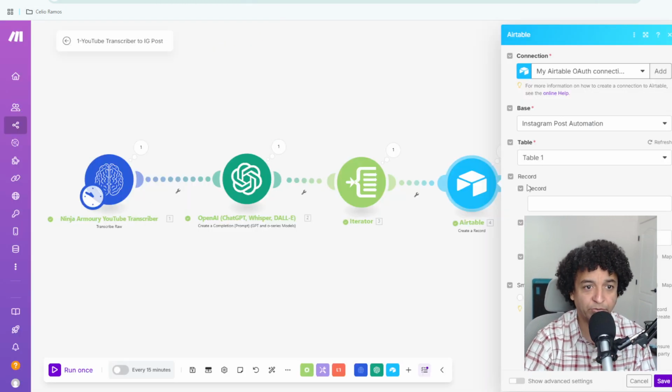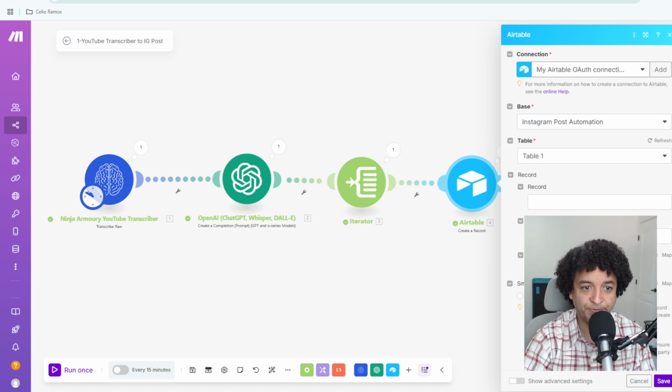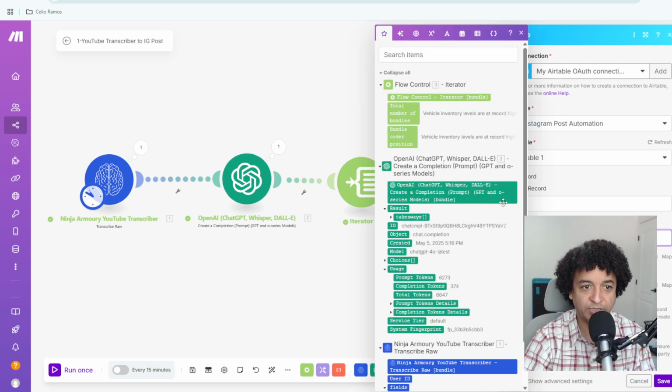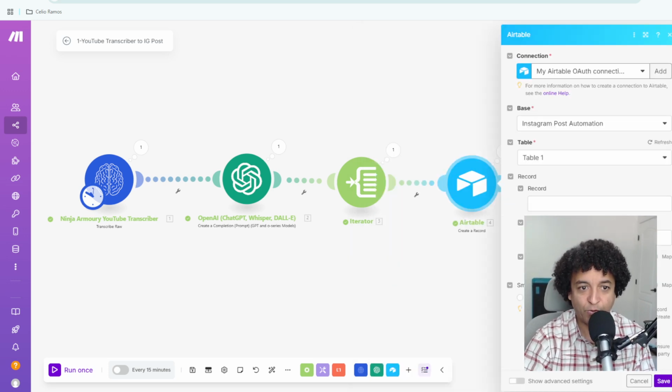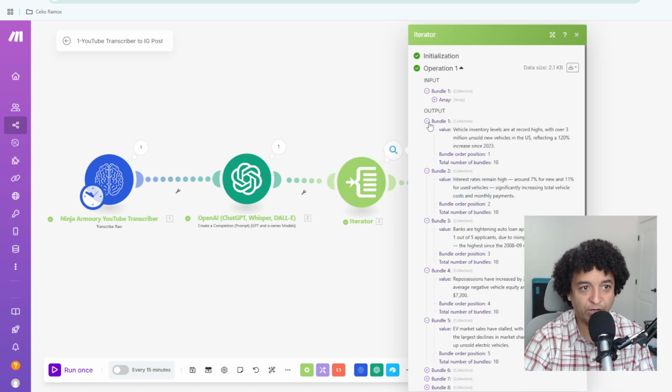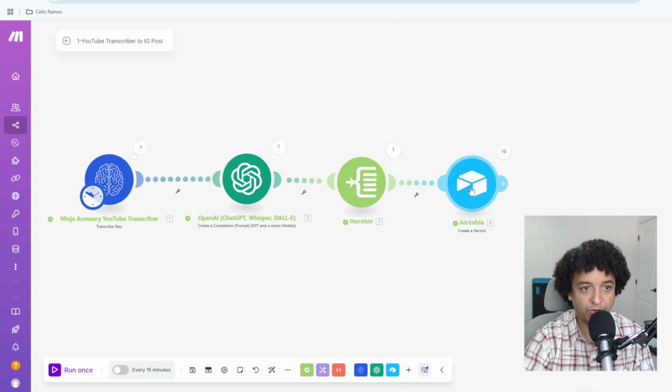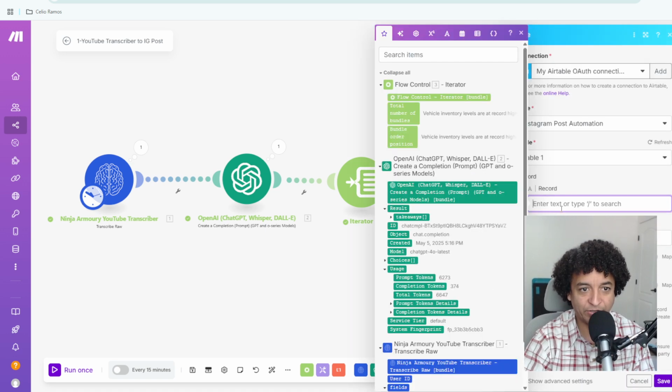You go back to the automation, you have the record, you have takeaway, you have published, right? So what we want to do is pull the information for takeaway. And the funny thing, you're going to see that this value here is black. And why is it showing as black like this? Because in the iterator, if you go here and you look at the output, or if you come here and click to look at the output, you will see that the iterator, which is number 3, doesn't really